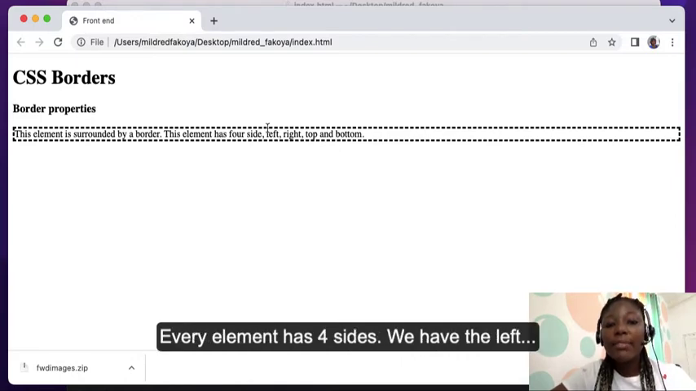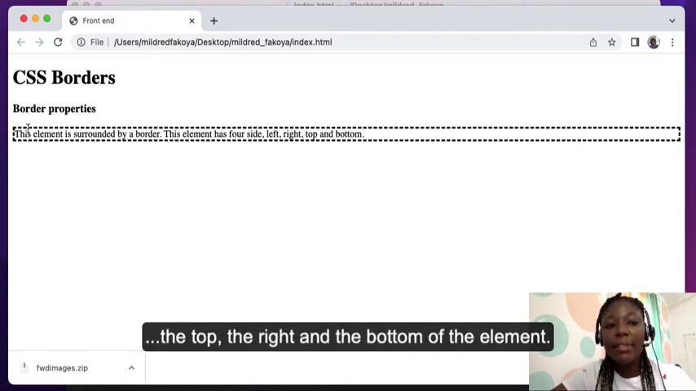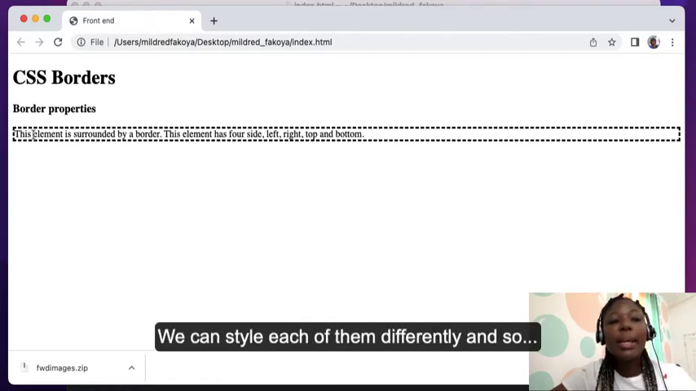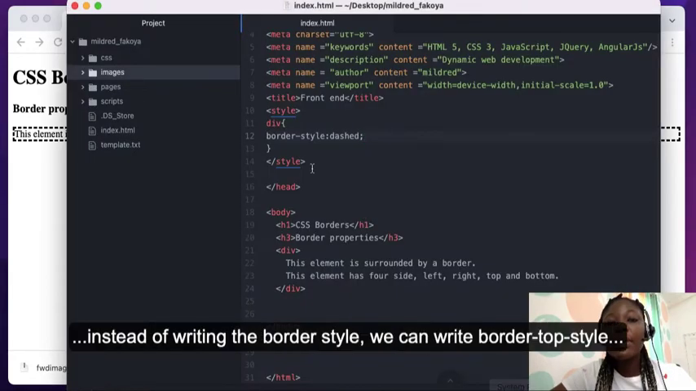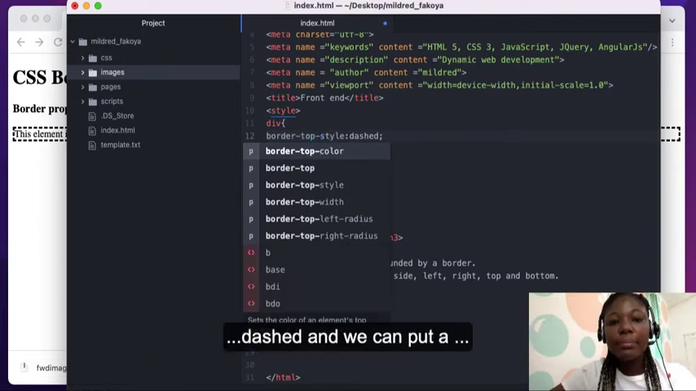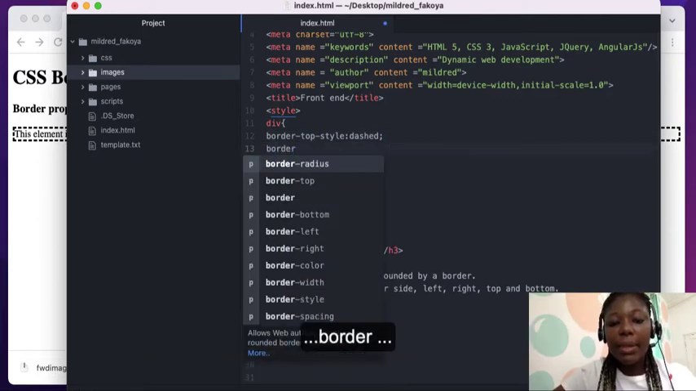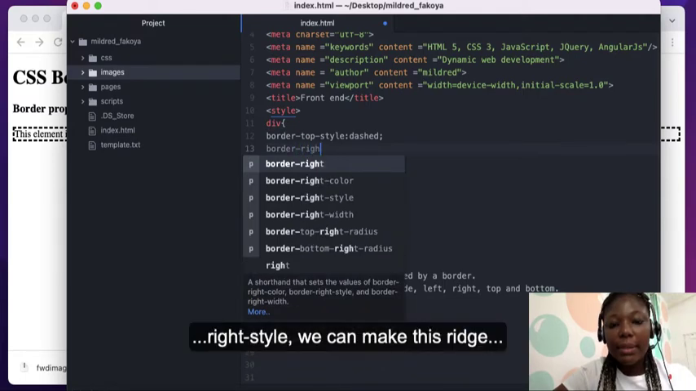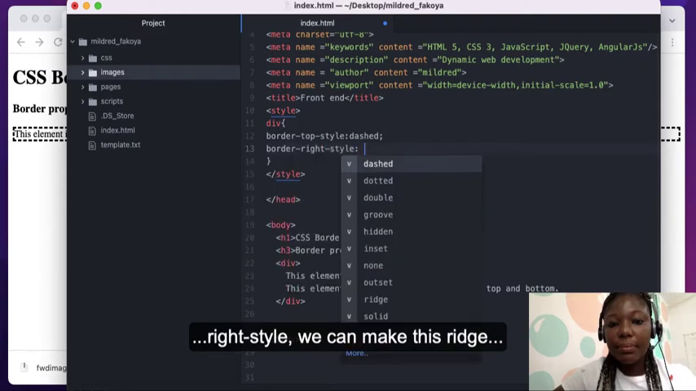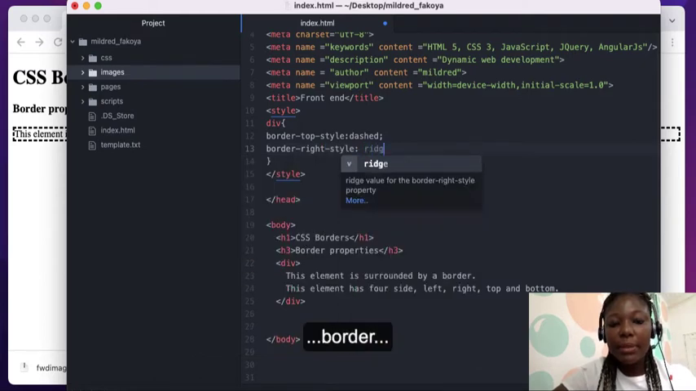Every element has 4 sides. We have the left, the top, the right, and the bottom of the element. We can style each of them differently. And so instead of writing the border style, we can write border top style, dashed, and we can put a border right style. We can put this ridge,